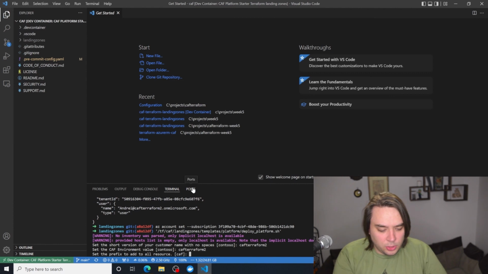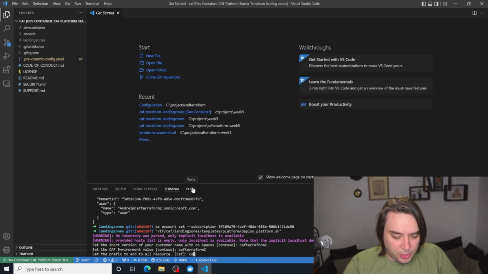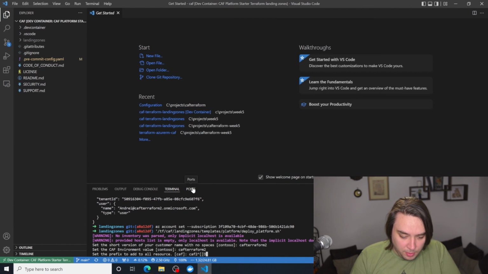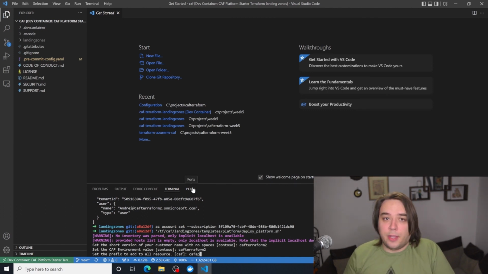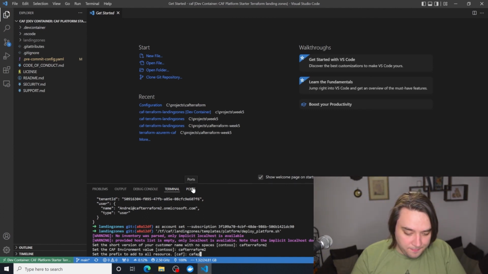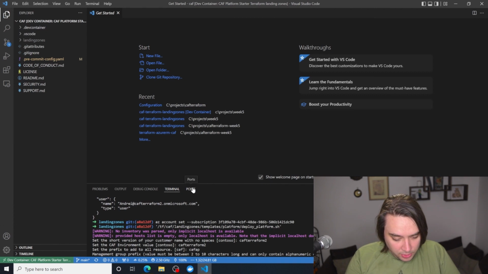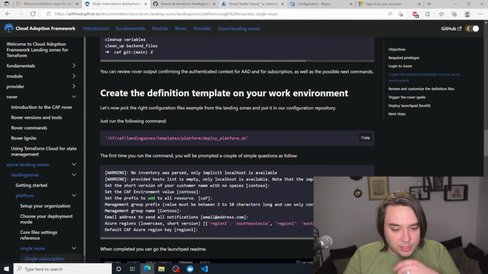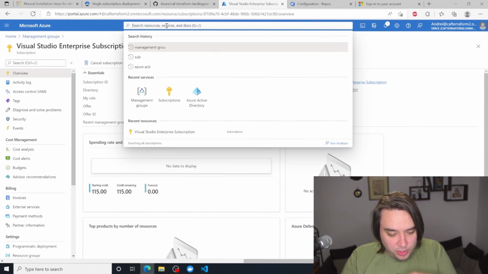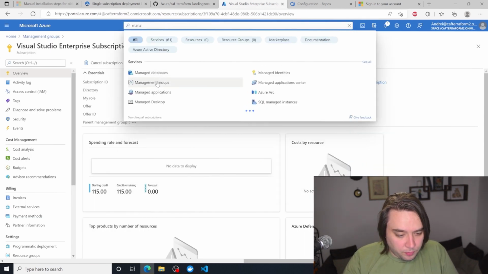So let's do something very basic but for us. So we're gonna just do CAF2 for us. Let's actually make it a little bit more unique. So I'll do CAF AP, just CAF and my initials. Okay. Management group prefix. Right, so essentially what it's saying is, you remember when we actually created the management groups?